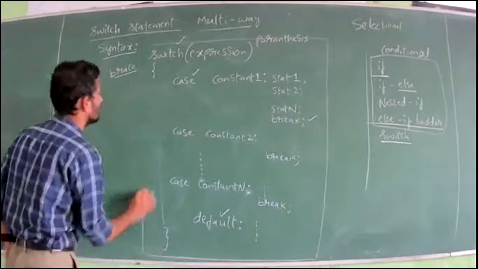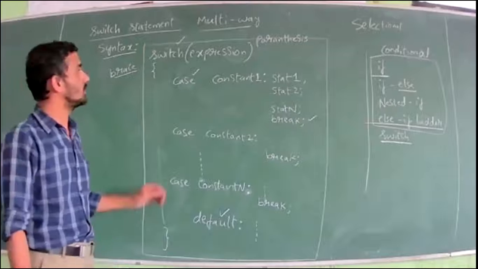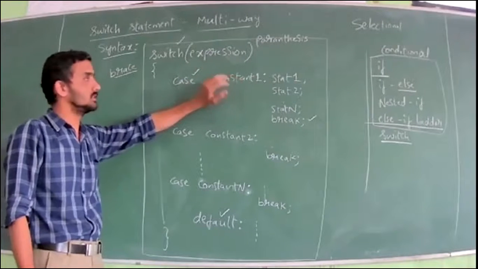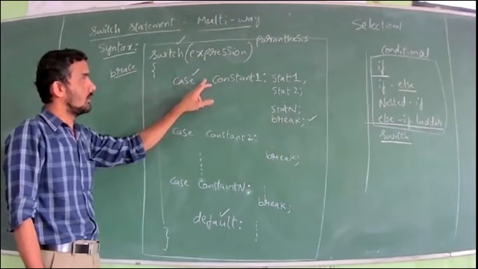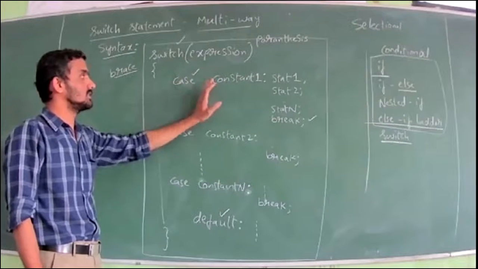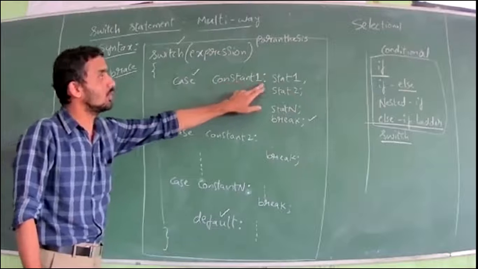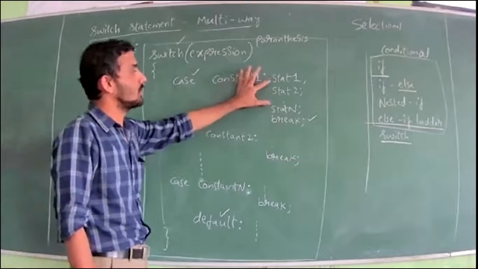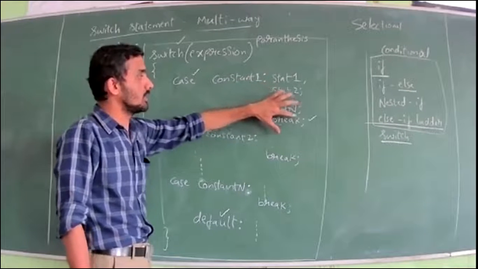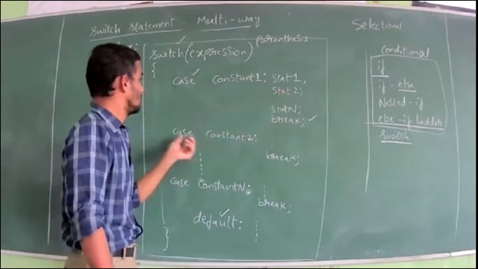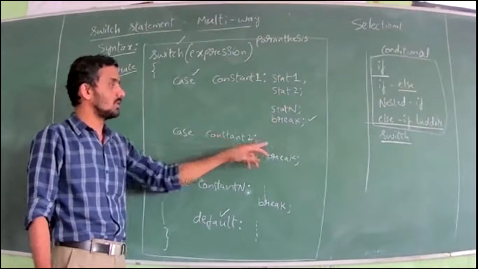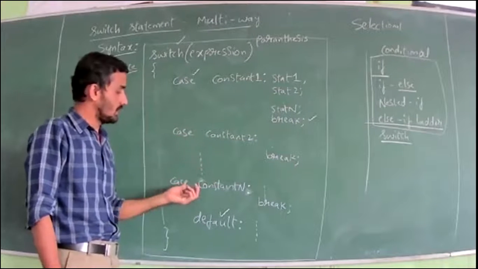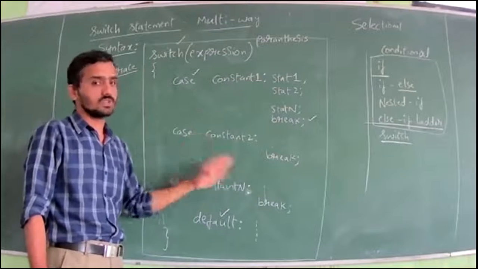Okay, so this is the entire syntax of the switch statement. One more time I'll tell you: switch of expression. See, I'm not telling the working, just the format that I've written. Switch of expression, case, one blank space, at least one, if you give two blank spaces it's correct. Case, blank space, constant 1, colon. After constant 1 comes a colon, it is not a semicolon. After the colon, statements 1 to n, break is a keyword, after break you have to put the semicolon, it is compulsory. Then case, space, constant 2, colon, statements 1 to n, break. So this process continues till case constant n. That means n number of constants here.